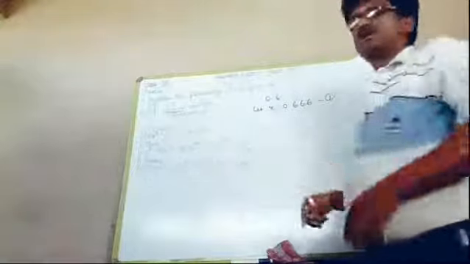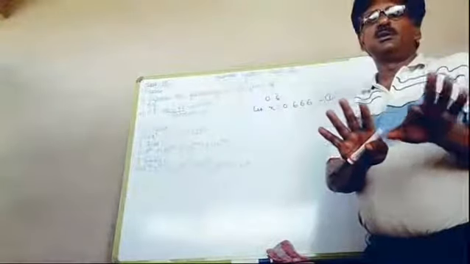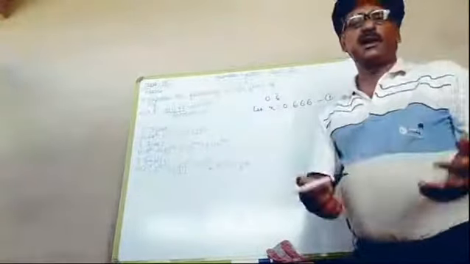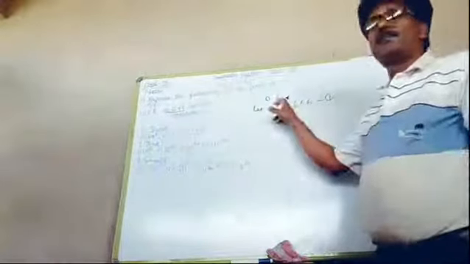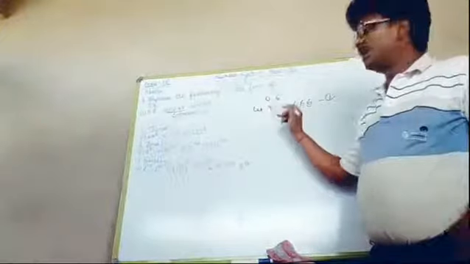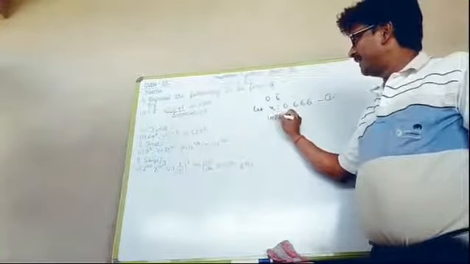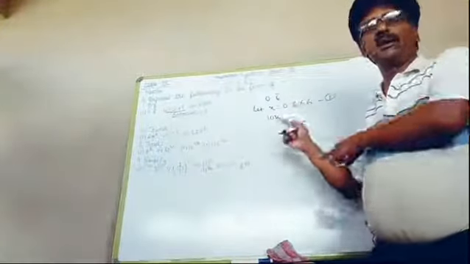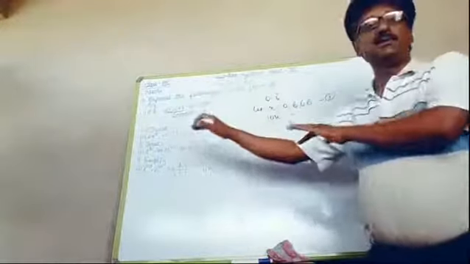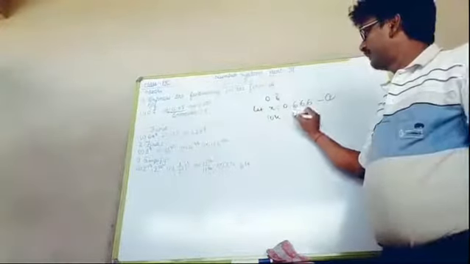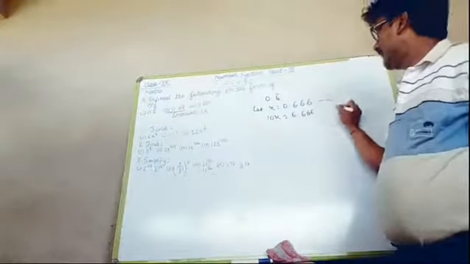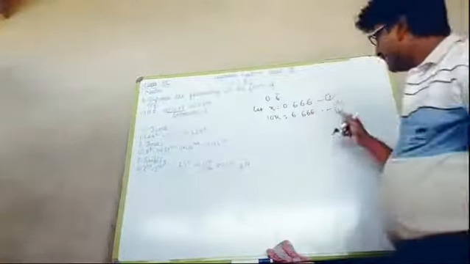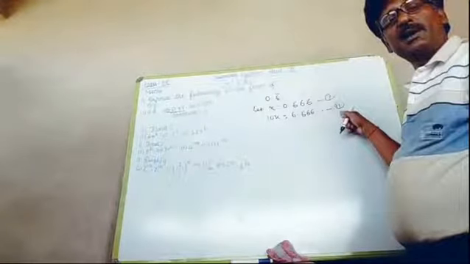Any problem? In the second step, we have to see after the decimal how many digits are without repeating. But in this question, there is no such digit. So we don't need to do the second step. Then we have to move to the third step, that is the last step, and the total number of digits is 1, and for that one digit it will be 10x. And when we write 10x, then one digit will be transferred this side, and this one will be 6.66 and so on. That one will be the second equation, and this one the first equation.